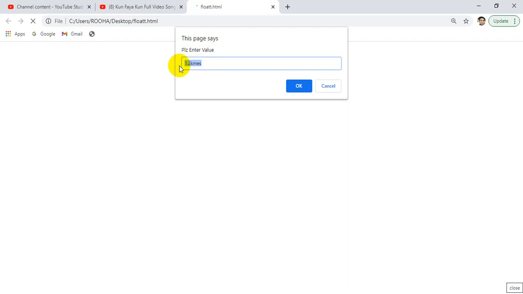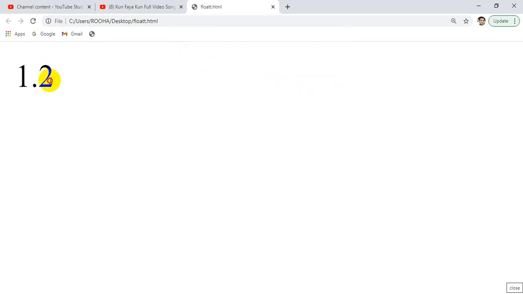this is your value, and that value will be stored inside variable A, and by using parseFloat this value will be converted. The first thing it will read, it will say okay, 1 is a number. Then it will say okay, dot is a part of a decimal, so I will convert it. Then it will read 2 and display it, but after 2 there is a K, and K is not a number, so your output will be 1.2. See, your output is 1.2.